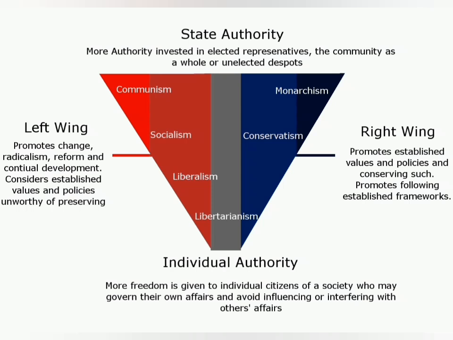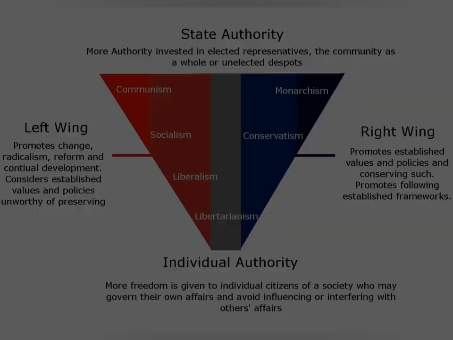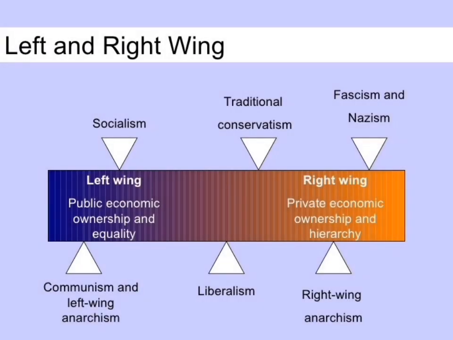Furthermore, the interpretation of what constitutes left and right can vary significantly depending on the region and time period. For example, a political party considered left-wing in one country might be seen as centrist or right-wing in another. In recent years, political polarization and shifting ideological landscapes have challenged the traditional left-right framework. New issues, such as digital privacy, technology regulation, and global interconnectivity, have emerged as critical elements in contemporary political discourse, making the classification of political ideologies more complex than ever.